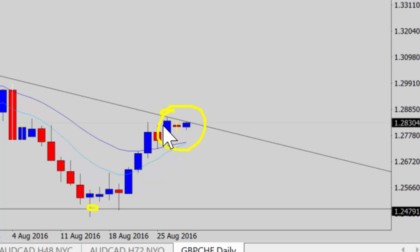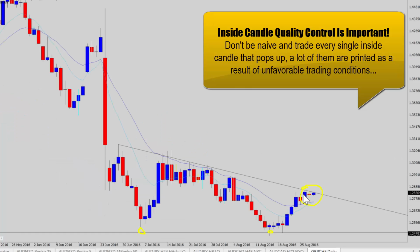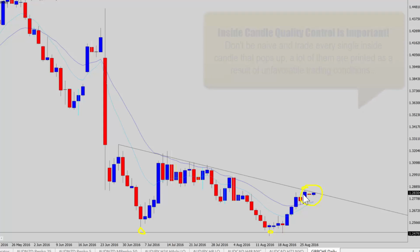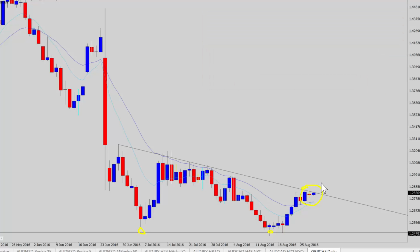Now the thing with inside candles is they pop up everywhere. Traders have a lot of difficulty distinguishing which ones are worth trying to take the breakout from. The main tip I can give you here is you really want to take the inside candles that form at key decision points for the market. If you can see that the market's got a big decision to make and an inside candle forms there, then generally, after the market decides where it wants to go, it will break out of that inside day. So here we have a decision point,